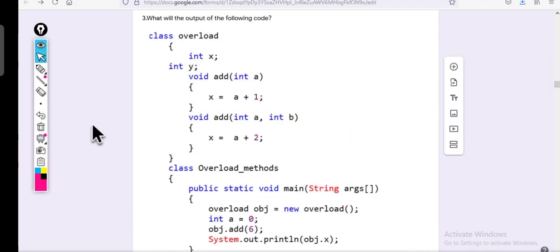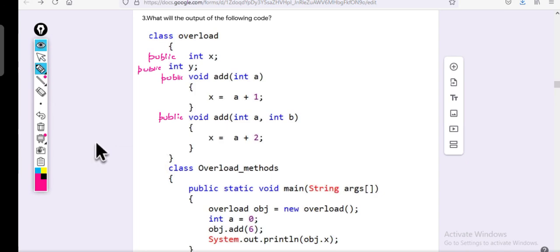Overloading. Add public wherever you want. I already told you, I gave the question already. Public index, public int, public void. These are all very easy questions. 10 minutes is enough for this entire question paper, maximum 15 minutes.